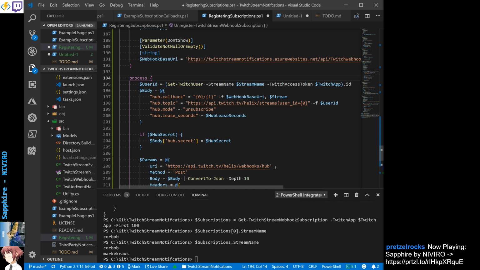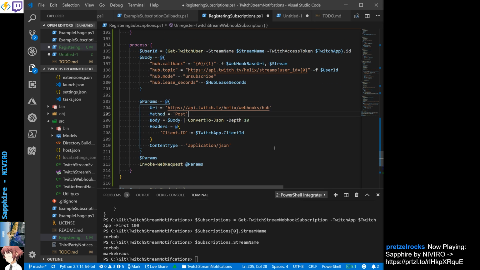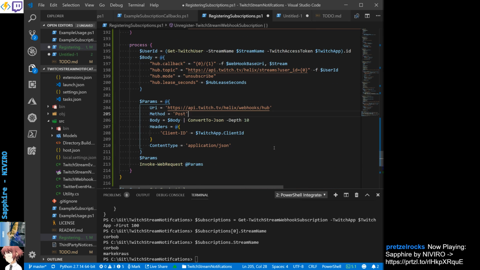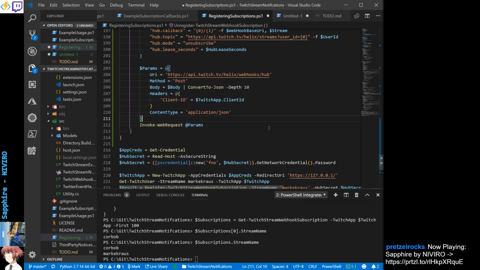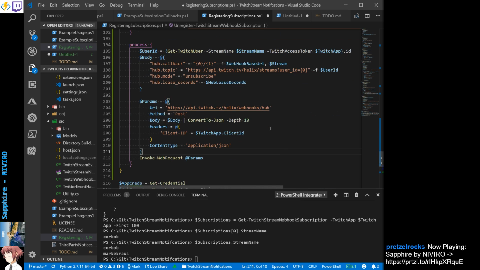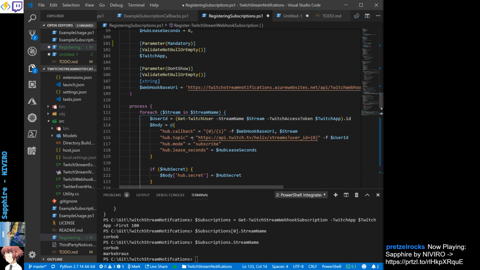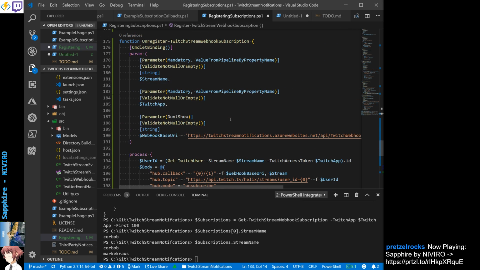So this should work. Don't need hub secret in this one. I still have that troubleshooting code here. Get rid of that as well. All right, so in theory, this unregistered Twitch webhook subscription should